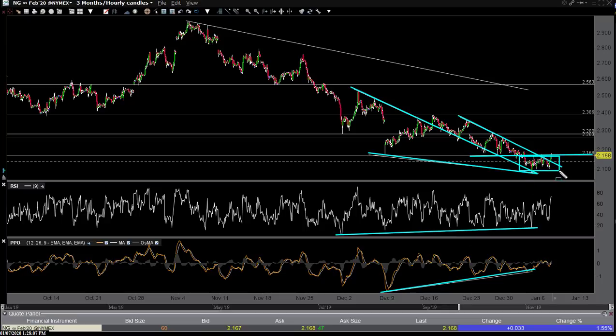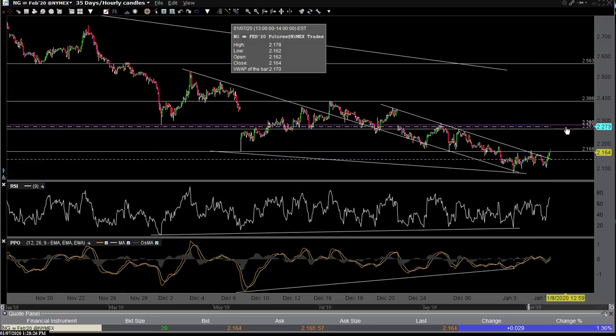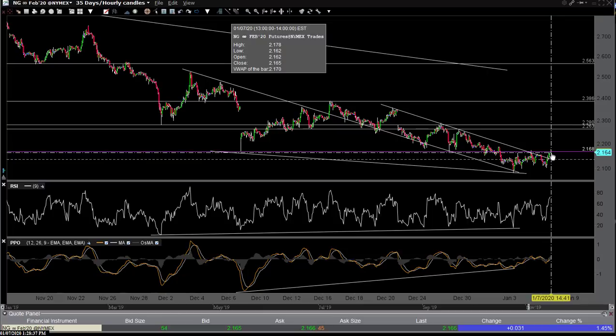So UGAS is the 3-times leveraged natural gas ETN. If it breaks out, you get an impulsive breakout. I don't see a lot stopping it till it gets up here, at about 2.63 to 2.80, which is the first target zone right there. It's a resistance zone, and if it takes that level out, then maybe 2.386. So that is NG futures right here, and again, UGAS is one other option. You can use the micro futures contract. I think it's QG, if I'm not mistaken. It's a smaller futures contract with a lower leverage factor.